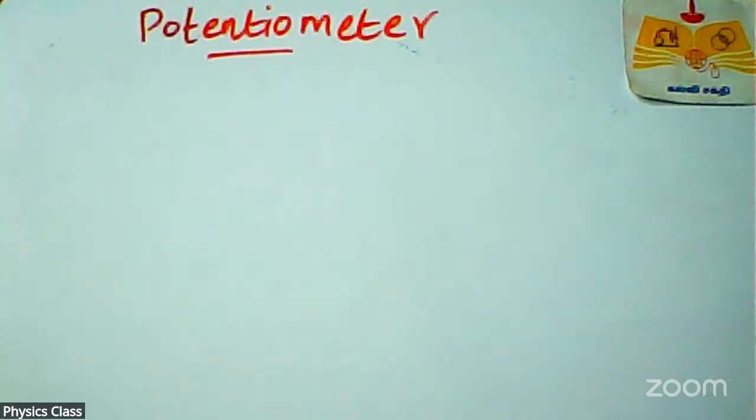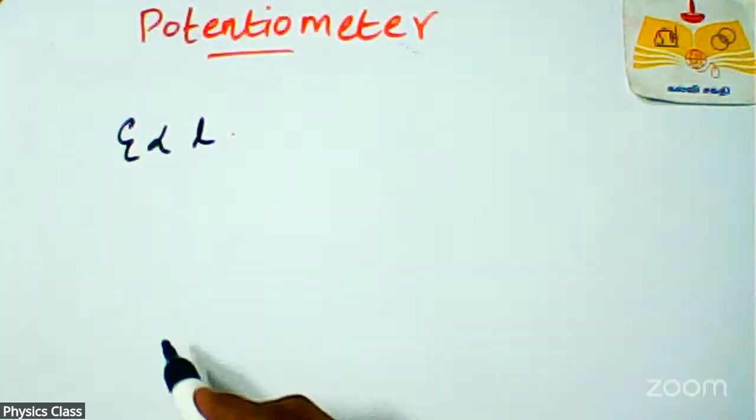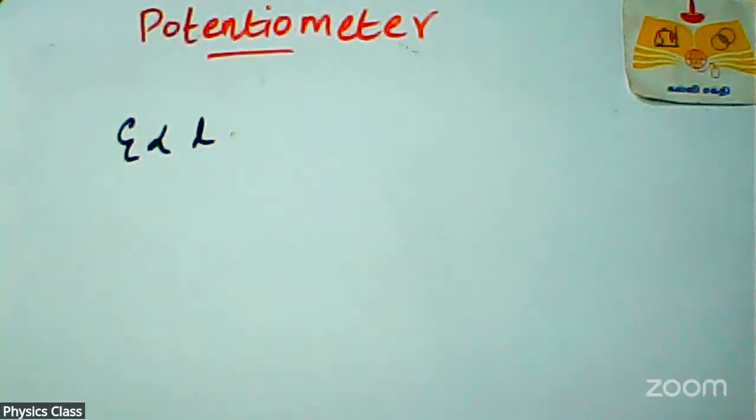So the same diagram, but for internal resistance there is only one cell. Okay, for internal resistance you have to put only one cell. So the same principle. A potentiometer is a device which is used to measure the potential difference, current, resistance. Construction is also the same. Principle is also the same. The principle means V is directly proportional to L. Okay. For determining the internal resistance of the cell,